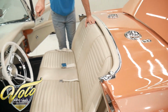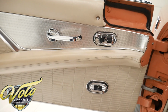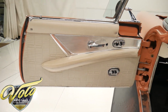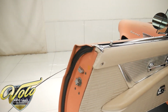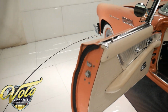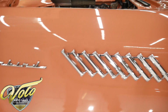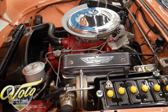Door panels have been redone, and if you want to take note, it has power windows and power seat. Very tidy inside. Door jambs look really nice. Weatherstrips, the latches, the sill plates, all that's real nice. Door shuts real nice. Now, under the hood of this sports car, it's a 312 motor, the Thunderbird Special, 245